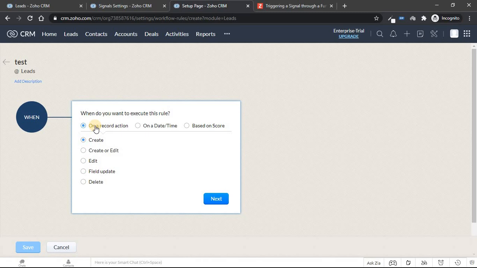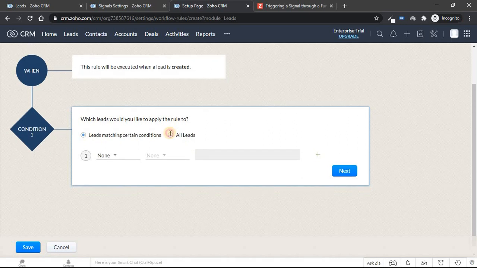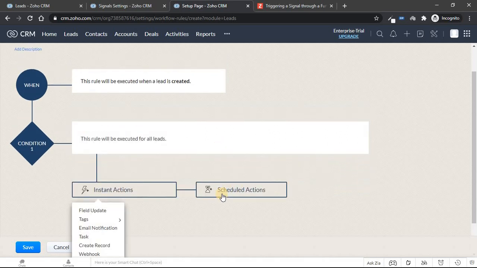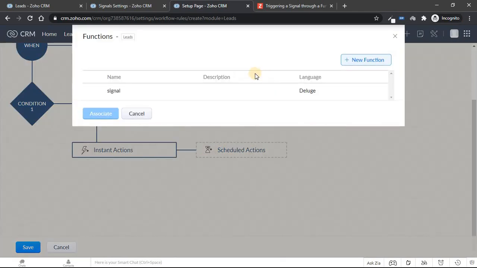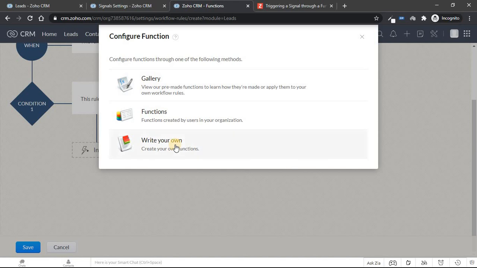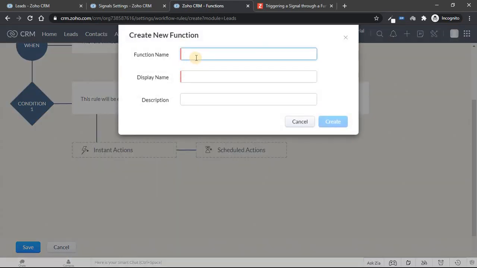I need it whenever a lead is created, so choose create for all leads, and here create a custom function. So create a new function here, write your own, give the function name,